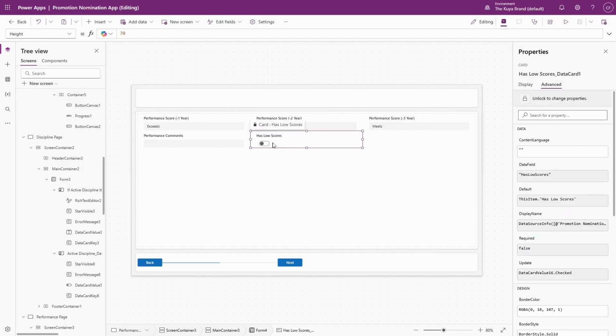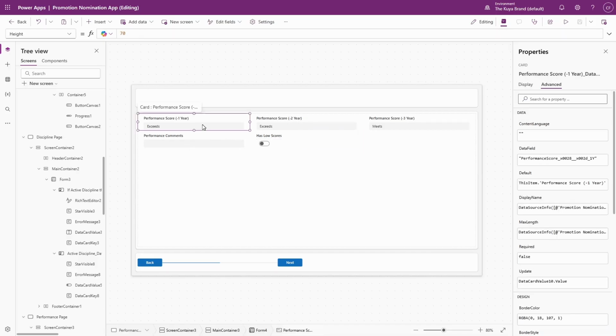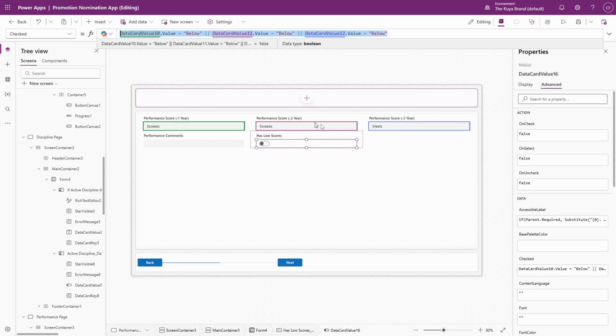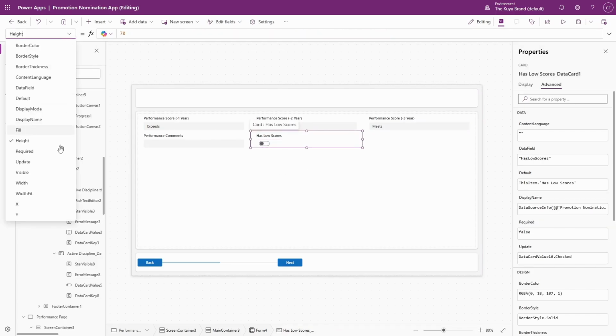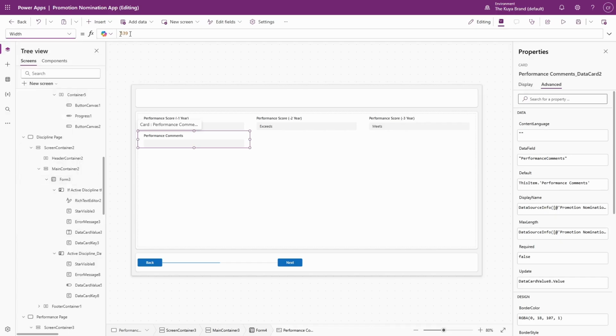Now let's focus in on has low scores. So I'm going to unlock this property, and what we're going to do is start to reference these ones right here and say if it says does not meet, say true. There we go. It's now referencing all of these answers. So now we can take this, turn it invisible, and for our performance comments, I'm going to adjust the width